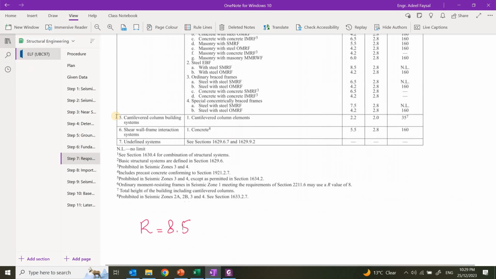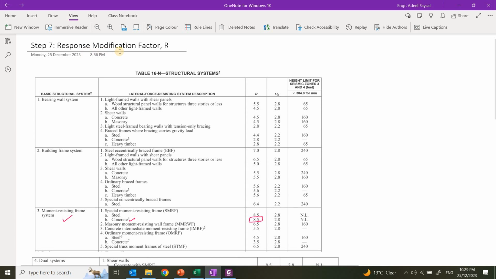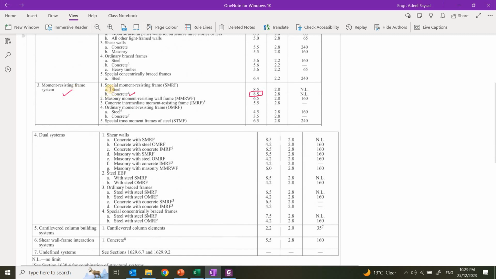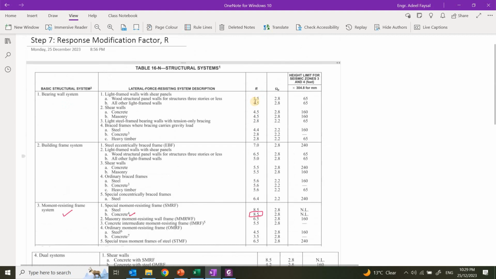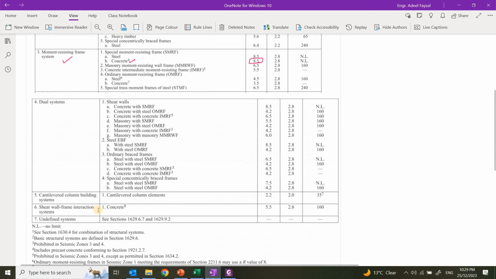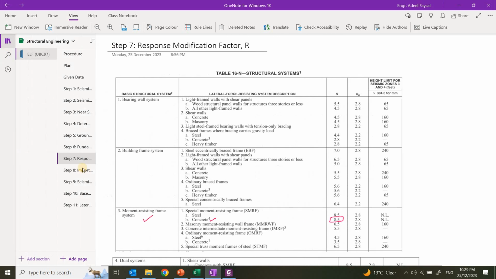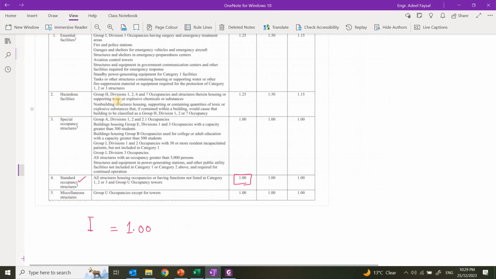And then step number 7 is to find the response modification factor R. Since our system classifies as a moment resistant frame, and it's a special moment resistant frame made of concrete, for this case the R value is 8.5. So you can just list down R equal to 8.5 from this table, and then you go to the next